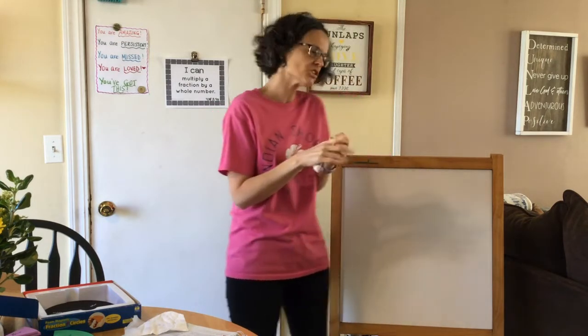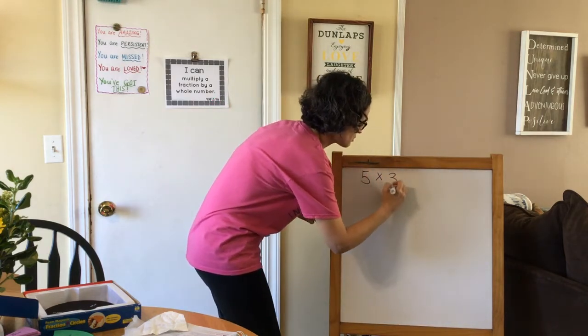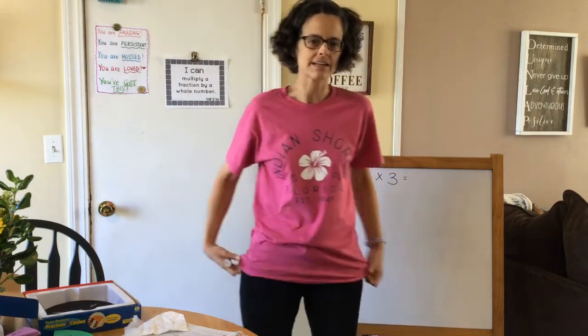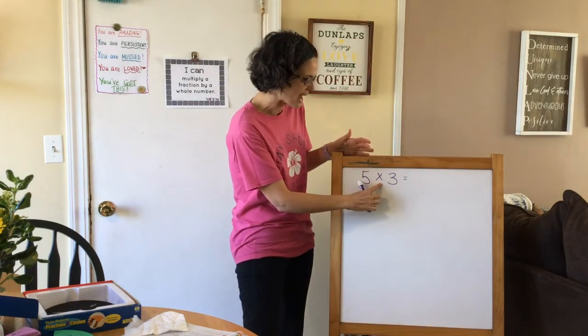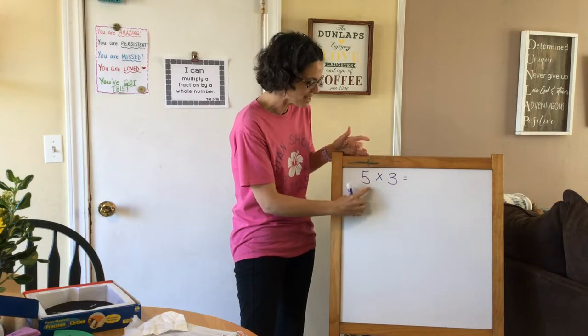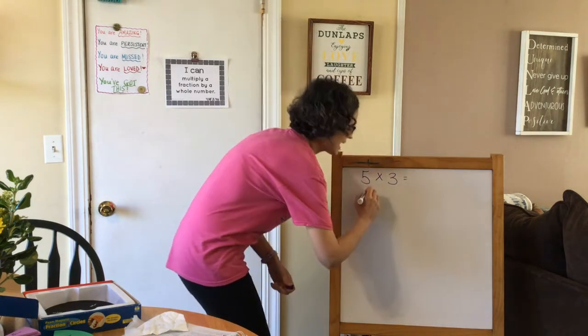But let's back up for just a minute and talk about multiplying. What do we do when we multiply? So let me just give you an easy problem right here. 5 times 3 equals something. I know you know what it is. You're yelling it at me. All right. So right now, I just want you to think about what this multiply means. When I say 5 times 3, what am I really saying? I'm really saying I have